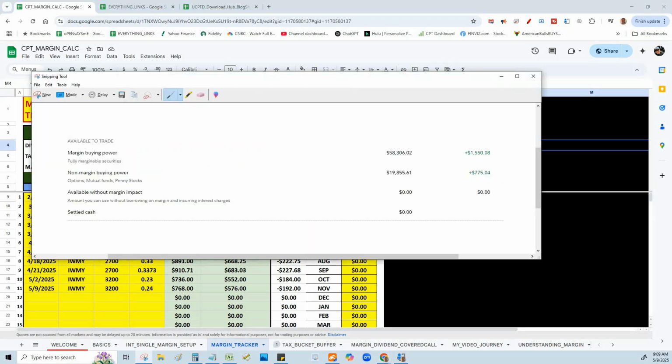Now, one last point on the margin buffer. I really do want you to understand this is your cushion. Your entire account is that number. A lot of people have created a special account, and maybe they moved a stock over there that they like, about 100,000. Then they go on margin. They might believe that the stock they moved is not on margin.